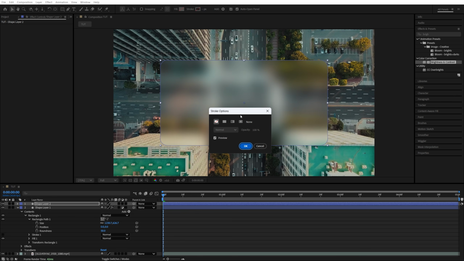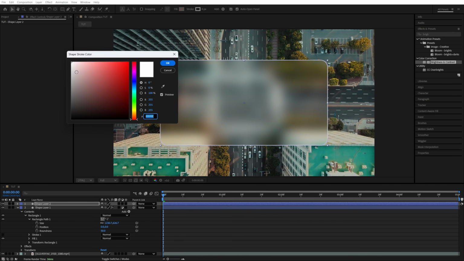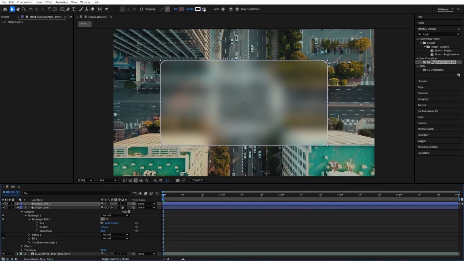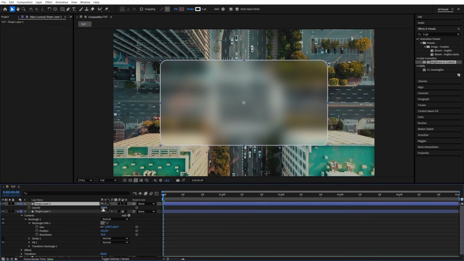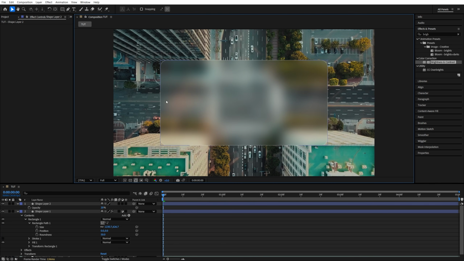Then we click on Stroke and set it to a solid color. Give it a white color and adjust the thickness of the stroke. I'm going to set mine to 4 to add slight outline to our glass shape. Then we press T on the keyboard and set opacity to 20% or less, and that gives us a nice